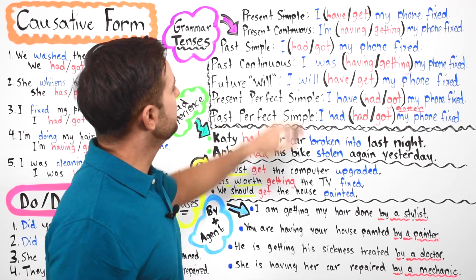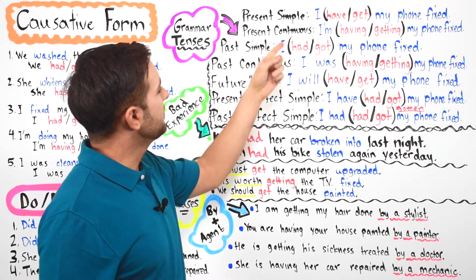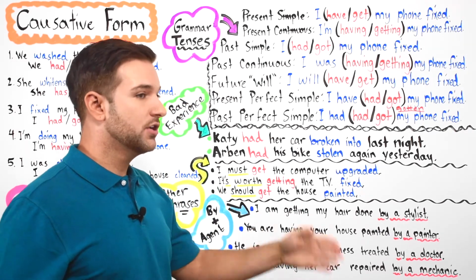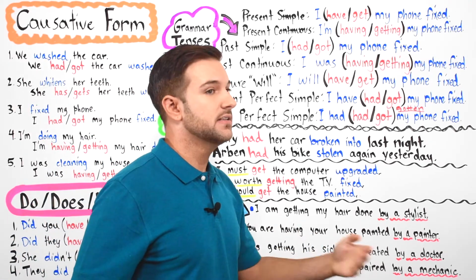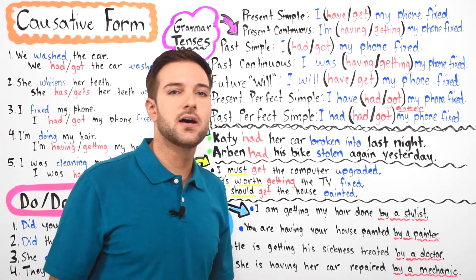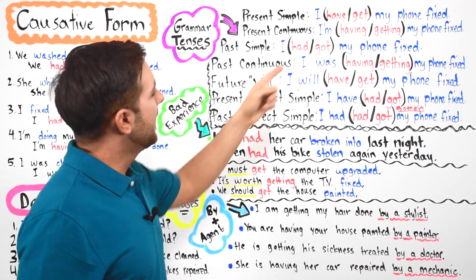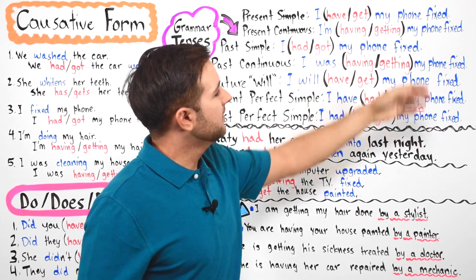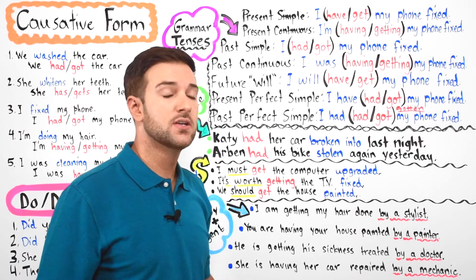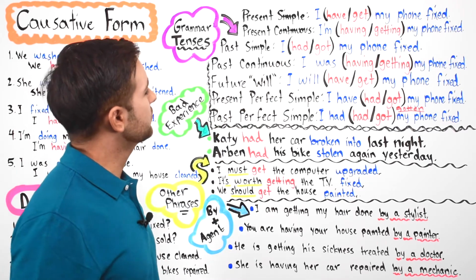Okay? Now, present simple tense. I have my phone fixed. I get my phone fixed. All right, now we have the present continuous tense, right? When we want to talk about something that is ongoing, okay? The action is still in the process of going on, okay? The present continuous tense we learned, this was in lesson 13, okay? It says, I'm having or getting my phone fixed. And then we have the past simple tense, okay? The past simple tense, we learned this in lesson 17. I had my phone fixed, or I got my phone fixed.